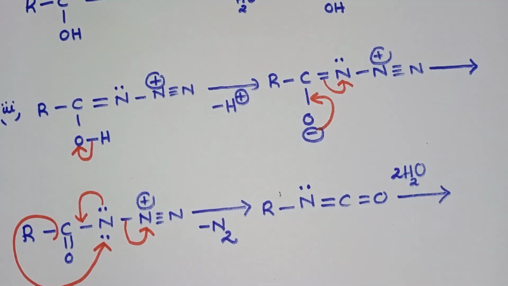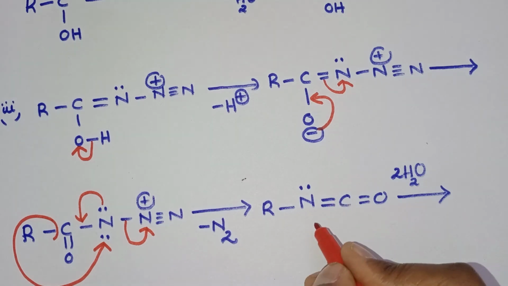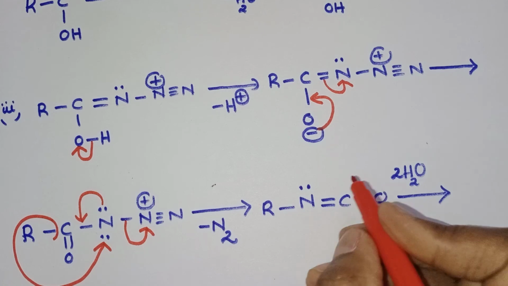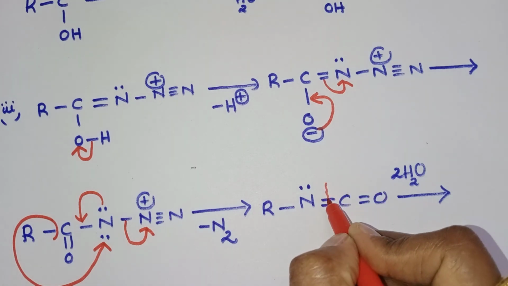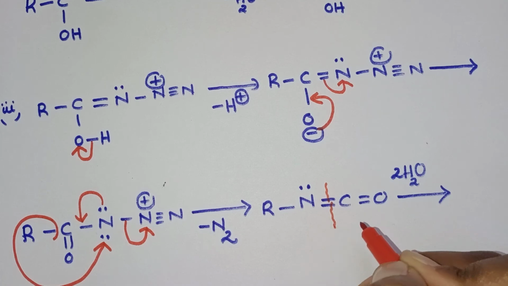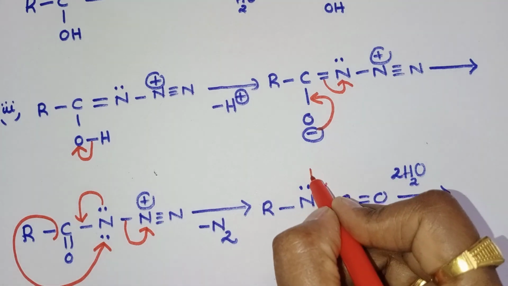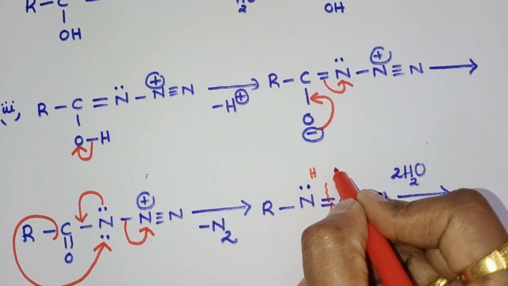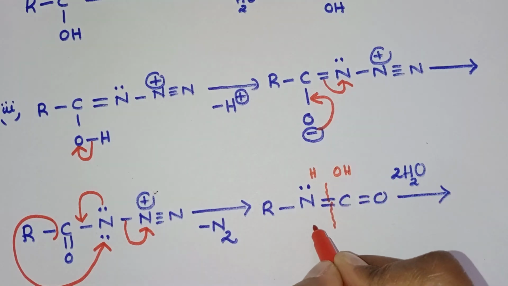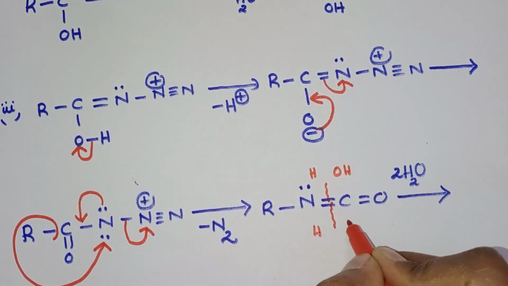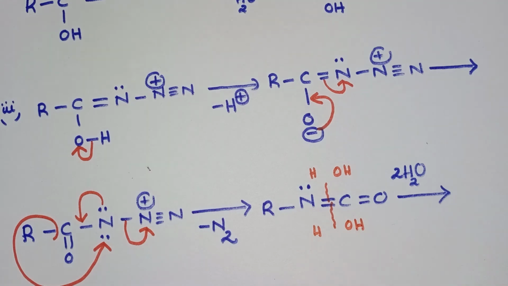So how will these water molecules be added? Look here. The double bond between nitrogen and carbon, these two will be broken, and 2 water molecules, hydrogen this side, OH this side, hydrogen this side and OH this side. Okay. So now what comes out? R N with the 2 hydrogens comes out as RNH2. Write down RNH2.